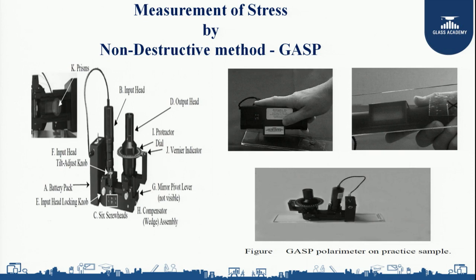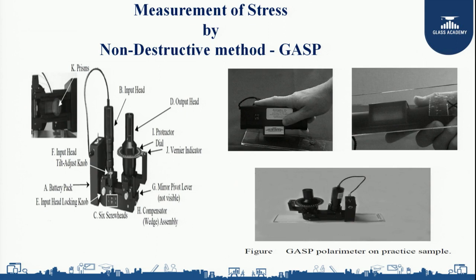One is known as a destructive method, what we have seen earlier, that is a fragmentation test where we are going to break the glass. But at site levels, it is not always possible to keep on breaking the glasses. So we need to understand the concept of the non-destructive method, that is with the help of GASP, glazing angle surface polarimeter. This is one equipment that is used to measure the stress in the glass that is induced during the heat treatment process. So this is how a GASP will look.